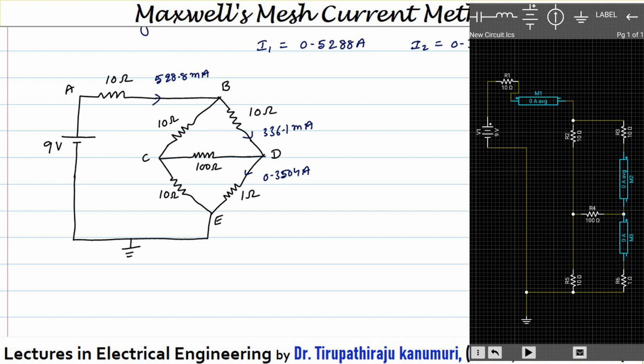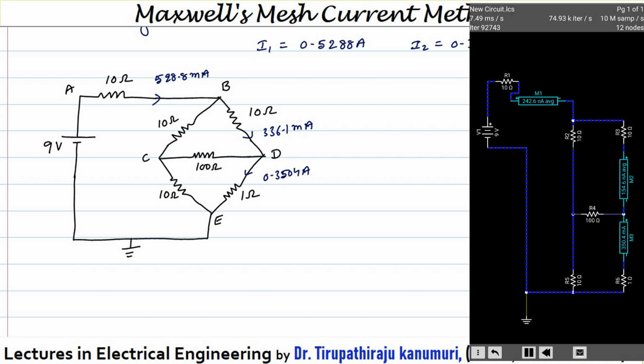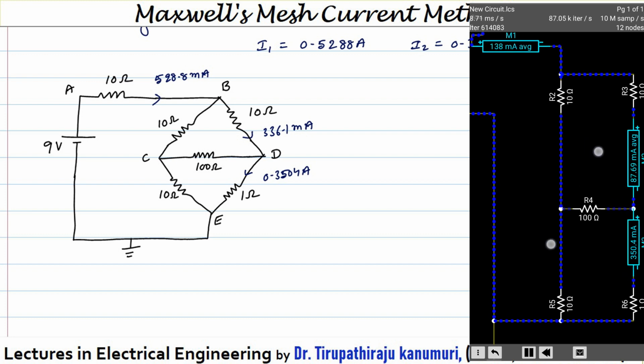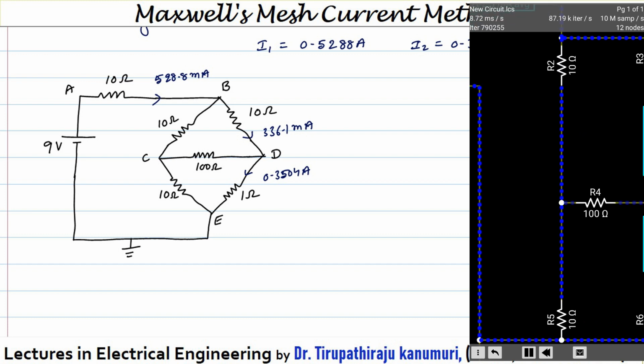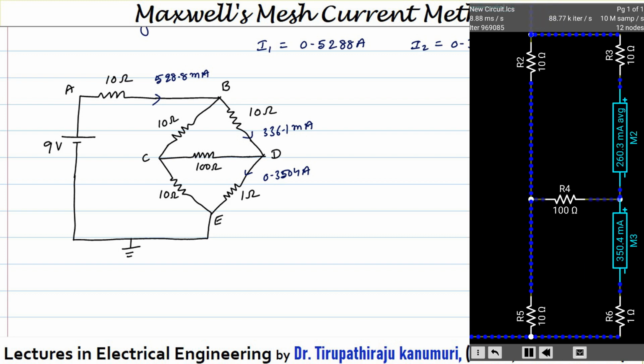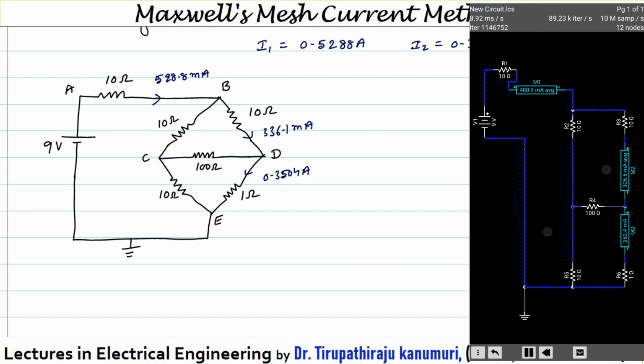Okay, now you can see all the circuit is complete. Now when you press the run button, the bottom third button, it will start changing. Sometimes if your connection is not made properly, you will see that these dots will not move, but here you can see these dots are moving. That means the current is passing through every element, so we have made all the connections properly. Now you can see the current values are changing. Once they are stabilized, we will verify whether the same values of currents are passing in this case.